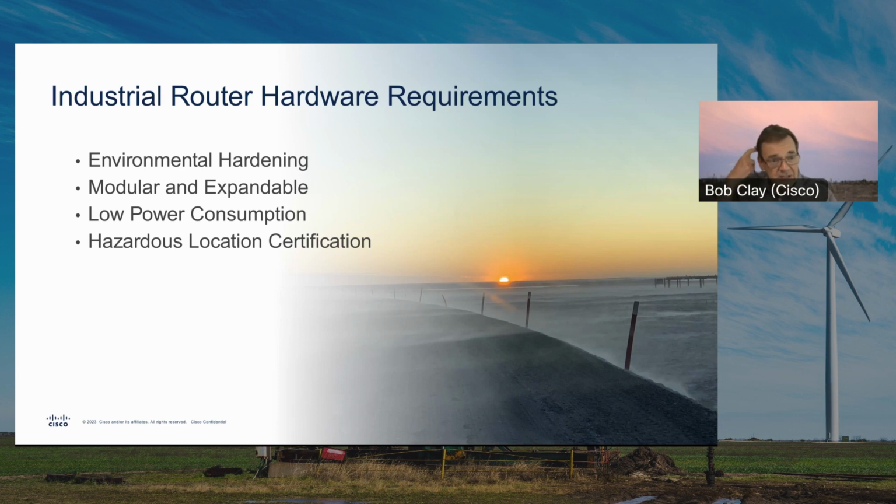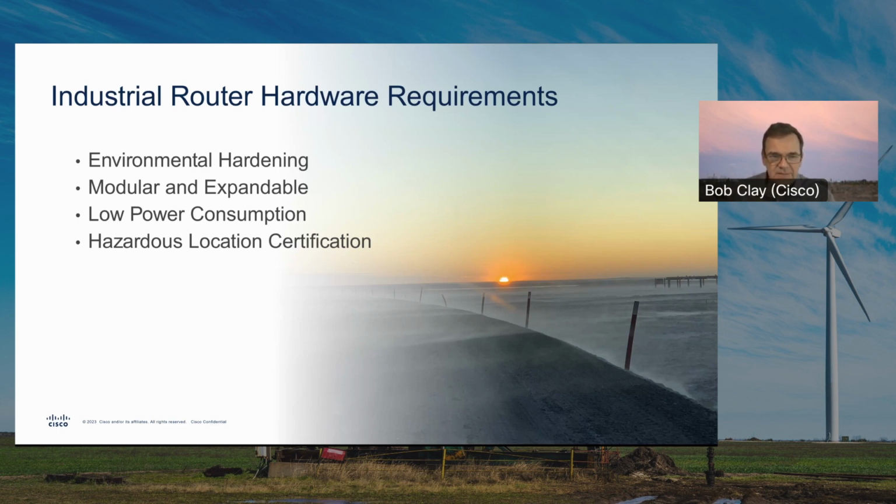There's been a lot of discussion around electrification, and when you're at some of these locations, there's not a lot of power out there, so you want low power consumption. The IR1100 router that we have is one of those routers, and I think it's around 25 watts or something that it can run at. That's important if you're powering from solar panels, etc. And then finally, you might require hazardous location certification if you're around explosive gases, etc. And so a lot of our devices are Class 1 Div 2